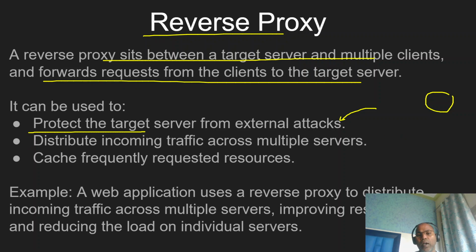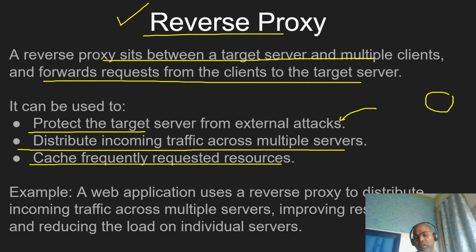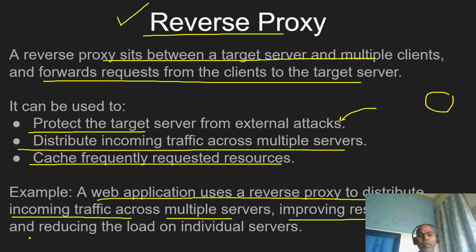These are used to distribute incoming traffic across multiple servers, and even cache the data we have. Generally, all web applications use a proxy server to distribute incoming traffic to multiple servers, improving responsiveness and reducing the load on the servers.